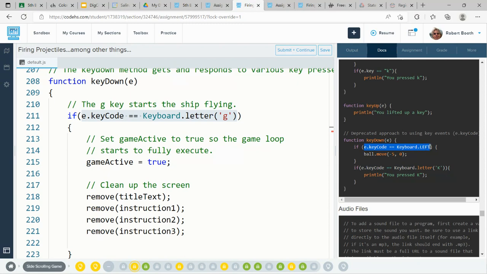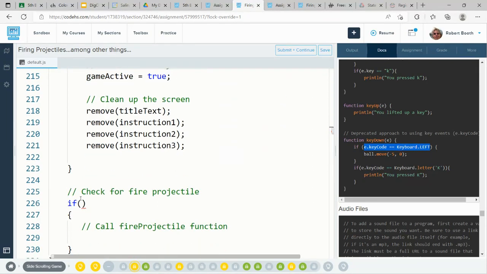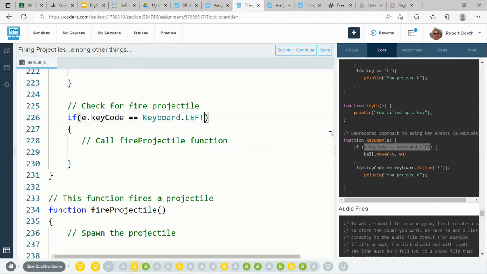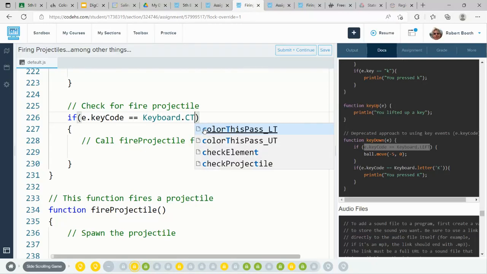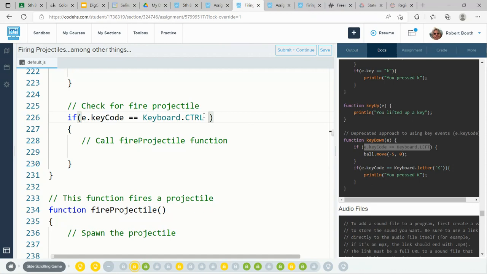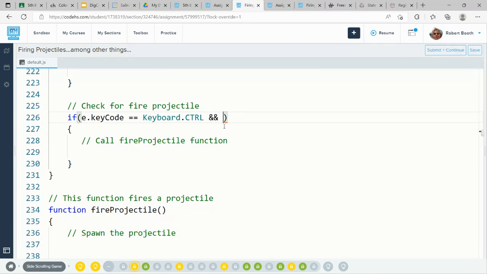What we want for checking for the projectile firing is we want to copy e.keycode equal to keyboard.left. That will get us almost everything we want. And then I'm going to paste that right there. And then the left is going to get replaced with CTRL. They have to be all capital. If they're not all capital, it won't work, as more than one student found out in first block. But like I said, there are 3 conditions that have to be true. Yeah, pressing the control key, that's an important condition. But I also need to make sure that my